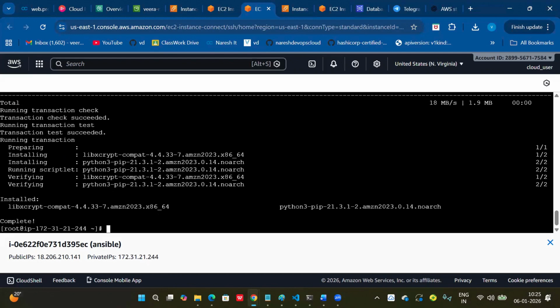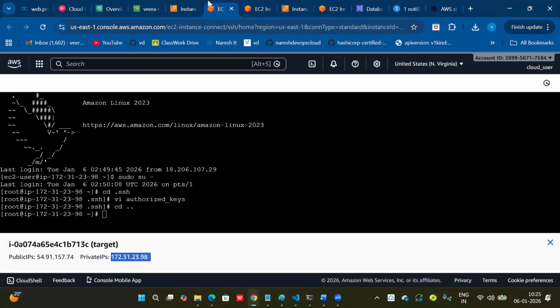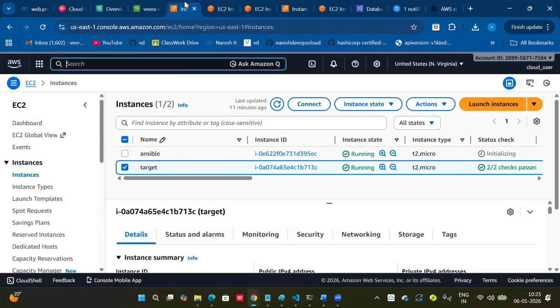We have to install and we need to create an IAM role. Guys, the role has to be attached to the Ansible server, which performs Ansible first.